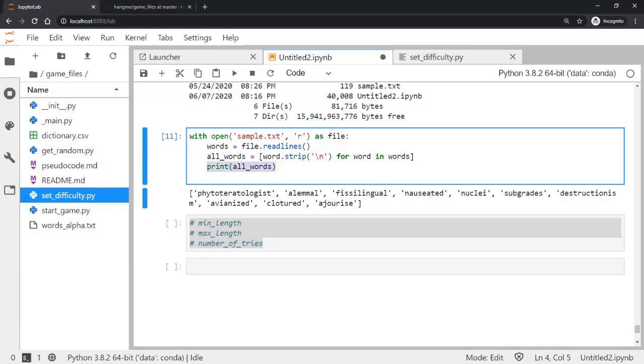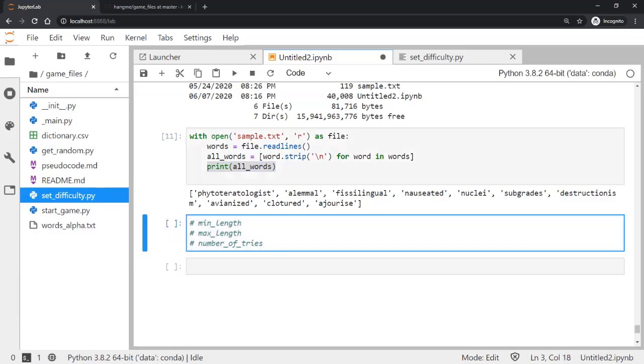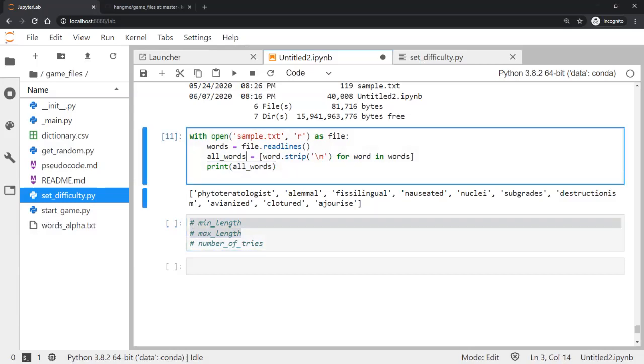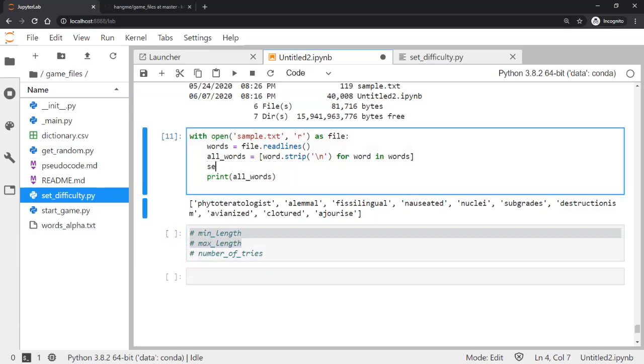So now that I've printed it, the next thing we need to look at is how do we extract a random word from this? Oh, remember, there is something else we have to do here. We need to meet two criteria. So we need to create something called selected valid words. So we are extracting stuff from all words. So we can say word for word in all words